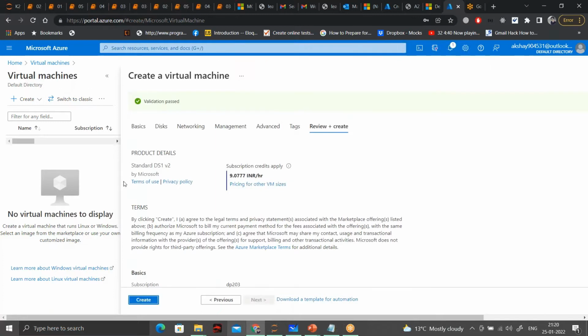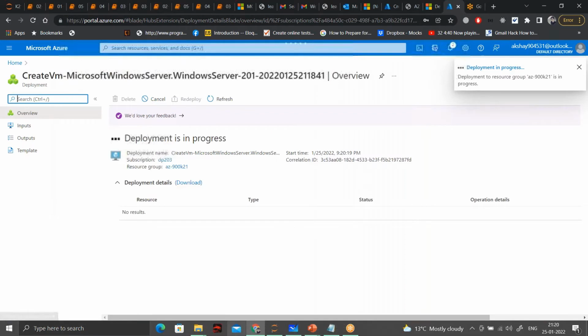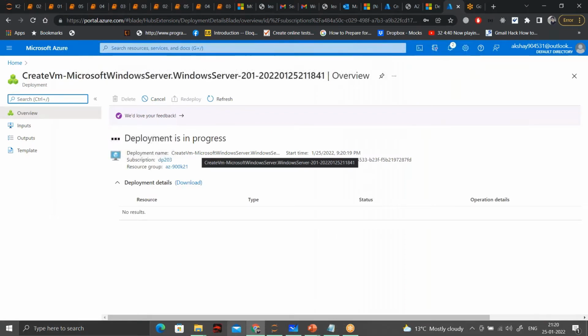I hope it does not fail this time. So the validation is also passed. Let me click on create. So this is deploying. Let it deploy this time.